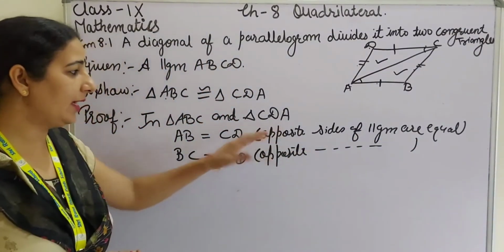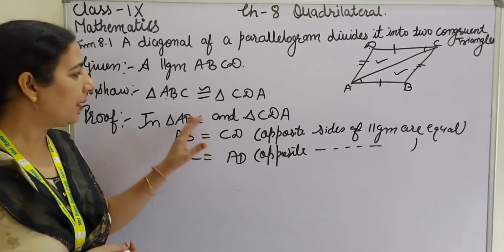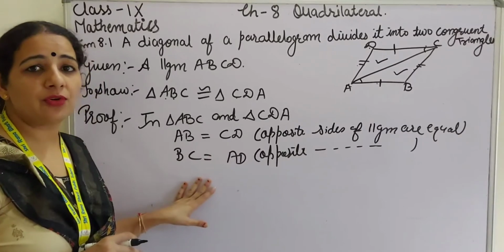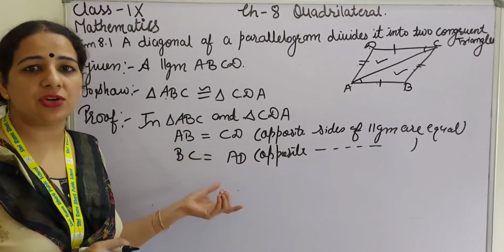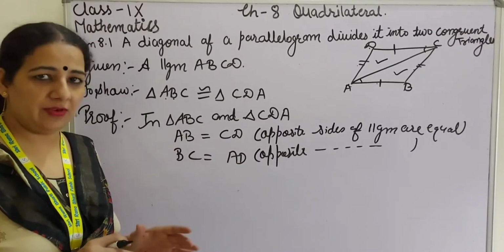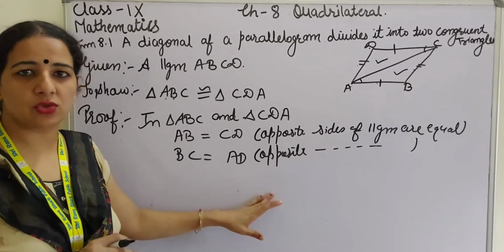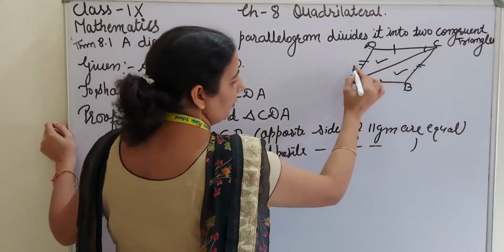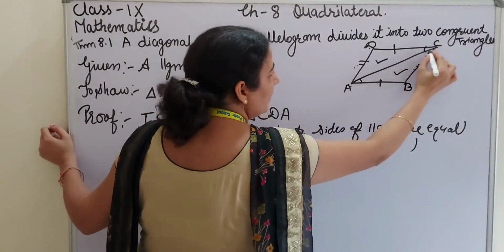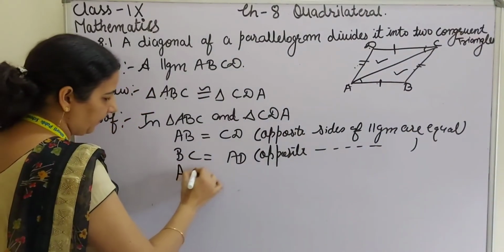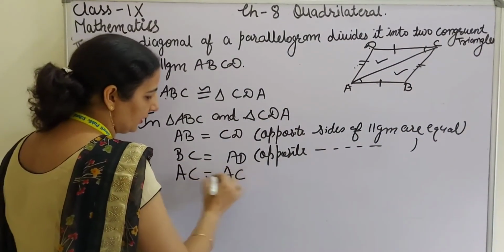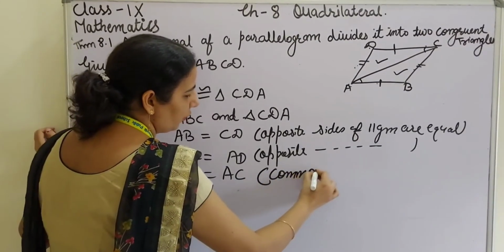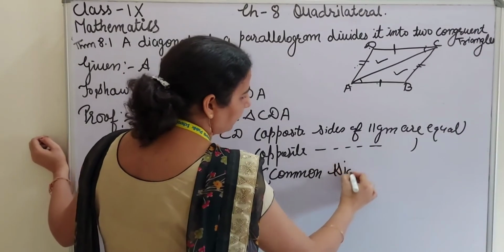We have to write a reason for each and every answer because in practical questions we are just doing the calculation work, but in these types of questions we are giving the explanation for each and every step. So for giving the explanation you have to write the reasons also. After getting this, these two pairs are equal. Now I think you all agree that AC is equal to AC. Why? Because this side is common in both the triangles. So we will write common side.